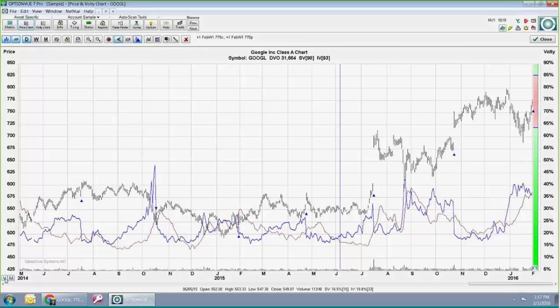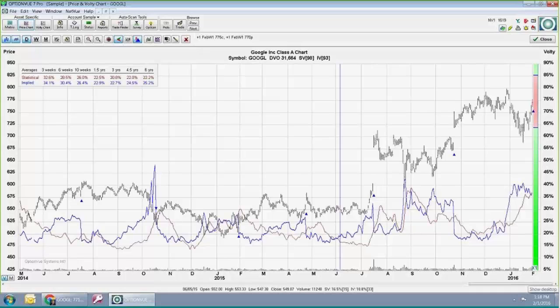Now down here in the bottom, there are little buttons that also become available when you're doing the superimposed volatility. The V button, click that, and you get a little table. It shows the average volatilities: 3, 6, 10 weeks, year and a half, 3 years, 4.5, 6 years. So you can see that it's been considerably lower in the past. So Google's been moving around a lot. The actual stock's been moving around a lot. And the IV is reflecting that, although maybe now even just a little more than it's actually thinking.